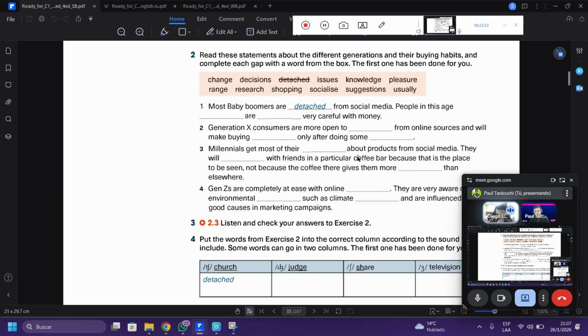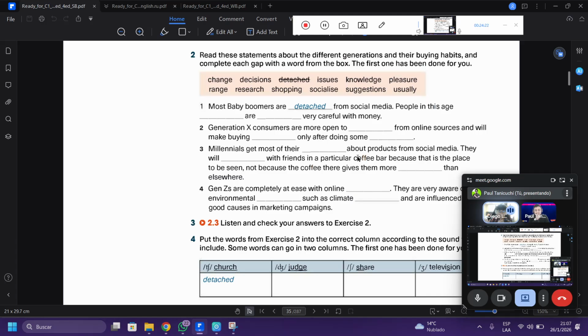The words are: changed, decisions, range, research, shopping, socialization, knowledge, suggestion, pleasure, and usually.